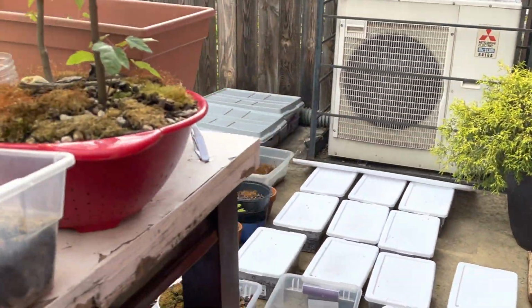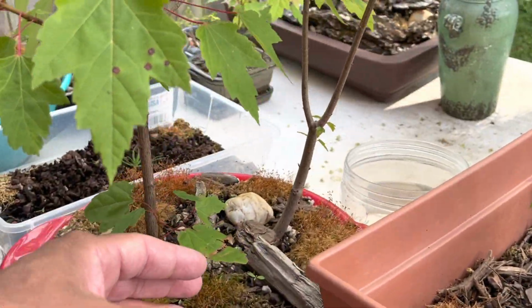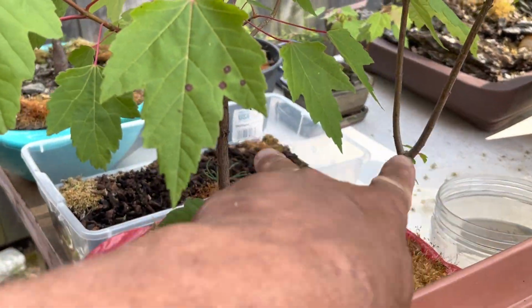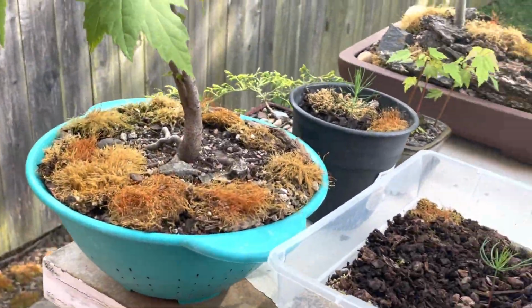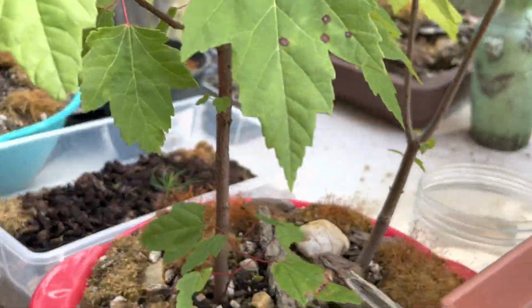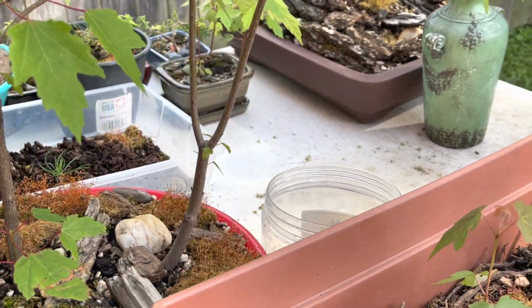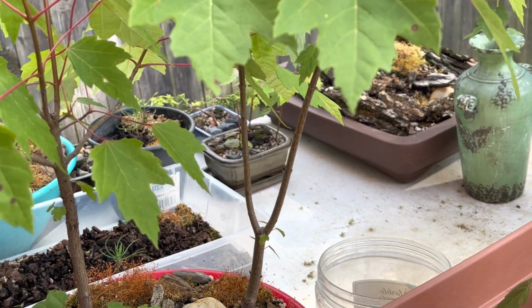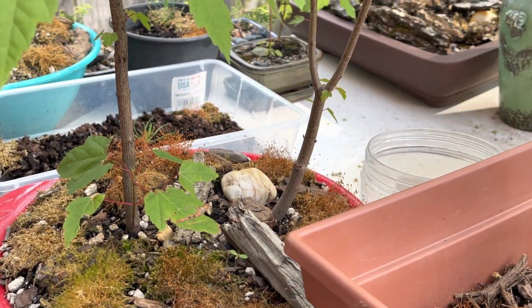I think the only tree I didn't cover yet are these two. So you see these two trees here. These two are cuttings from that tree right there. I took these two cuttings from this tree when it was very, very young. I actually made videos on them. And these two, again, I'm not going to do any pruning. I'm just letting them grow. I'm trying to get the